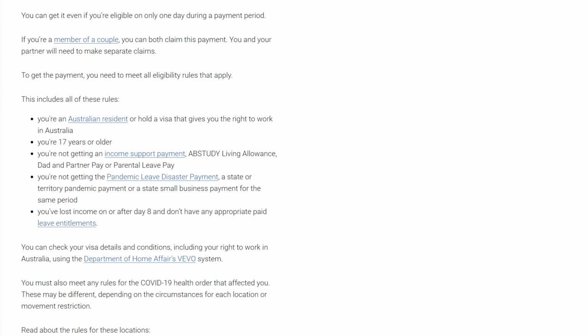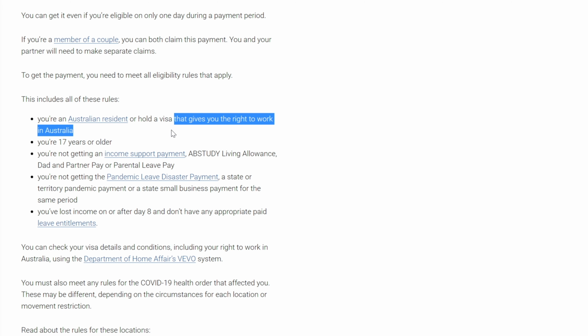The eligibility criteria for the COVID-19 disaster payment includes that you should be an Australian resident or hold a visa that gives you the right to work in Australia. A visa that gives you the right to work could mean you are holding a temporary visa such as the 485, or you could be on a student visa. Basically any visa that lets you work for 20 hours or more, and you should be 17 years or